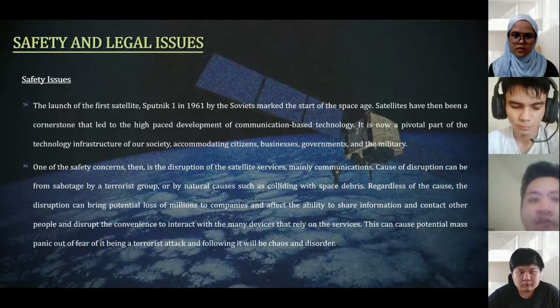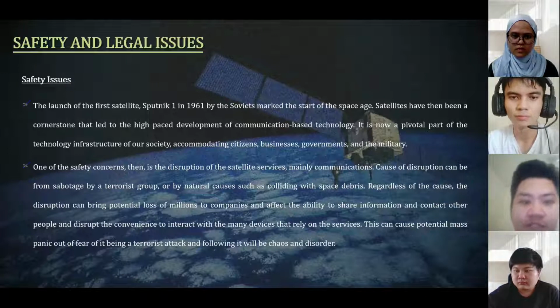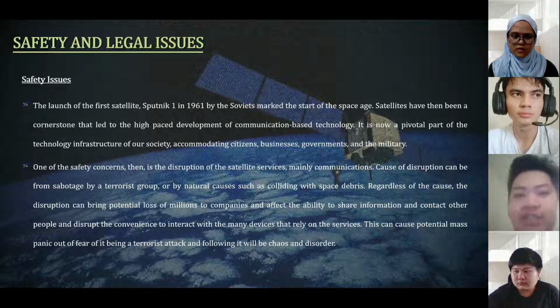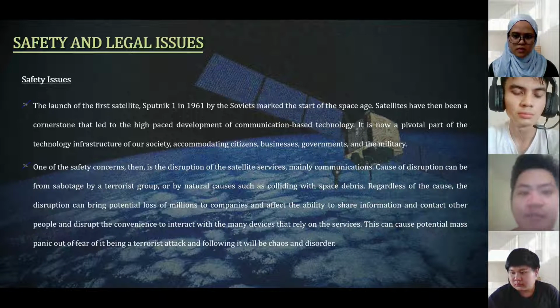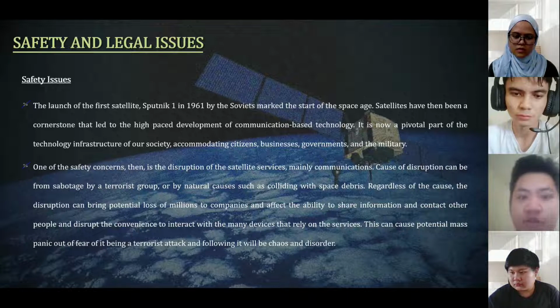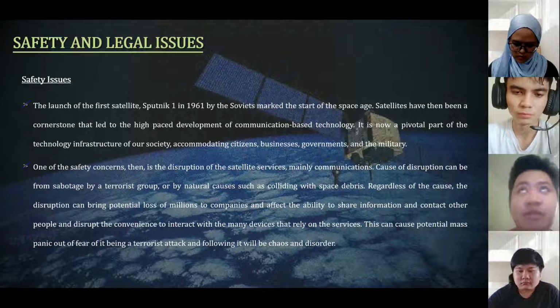Moving on to the safety and legal issues. For the safety issues, ever since the launch of the first satellite, Sputnik 1, in 1961 by the Soviet Union, which marked the start of the space age, satellites have been a cornerstone that led to the high-paced development of communication-based technology, and are now a pivotal part of the technology infrastructure of our society. So one of the very basic safety concerns nowadays is simply the disruption of satellite services, but mainly the